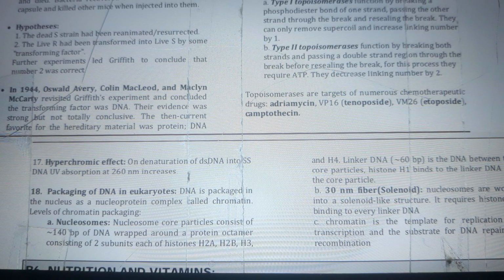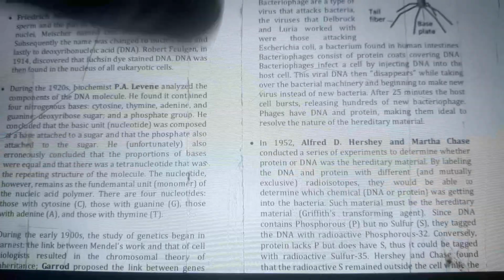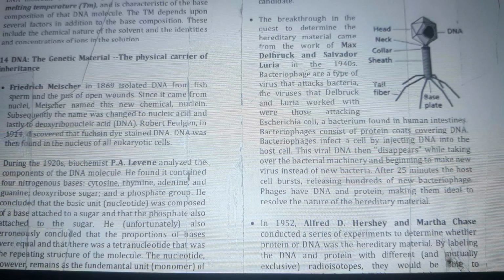In 1944, Oswald Avery, Colin MacLeod, and Maclyn McCarty revisited Griffith's experiment and concluded the transforming factor was DNA. The evidence was strong but not totally conclusive. The then-current favorite for the hereditary material was protein, and DNA was not considered by many scientists to be a strong candidate. The breakthrough in the quest to determine the hereditary material came from the work of Max Delbruck and Salvador Luria